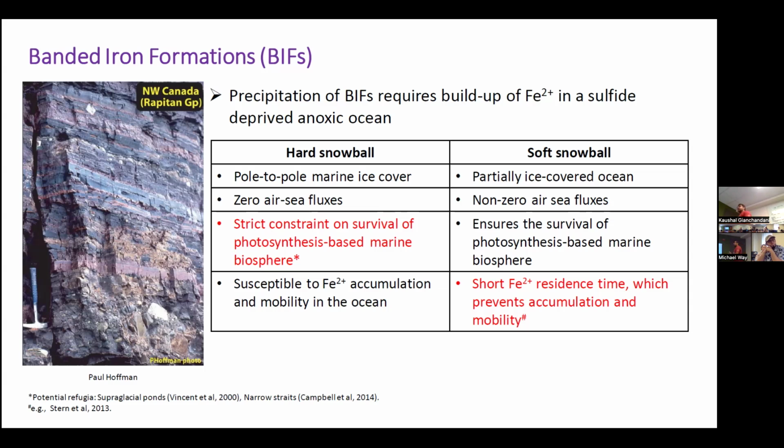I could go to the soft snowball scenario and say that, okay, the ice-free belt near the equator would serve as a tropical haven for cyanobacteria. But wherever there is cyanobacteria, photosynthetic activity would lead to production of oxygen. And we know that iron 2 has a very short residence time in an oxygenated environment. So there's an apparent contradiction between the hard and the soft snowball scenarios. The hard snowball and banded iron formation are often regarded as evidence to support the hard snowball.